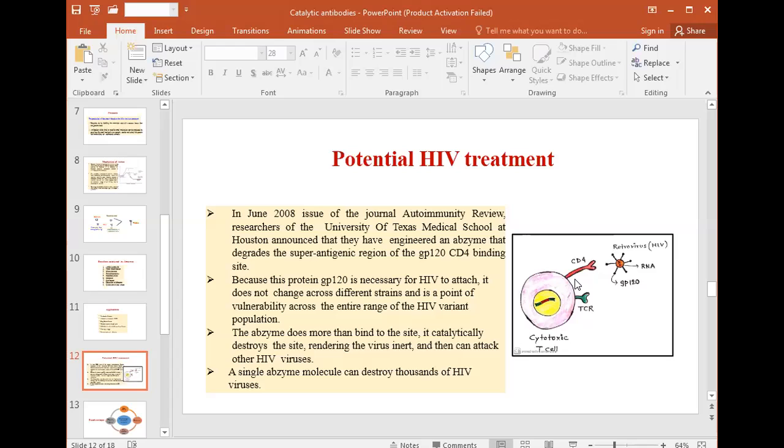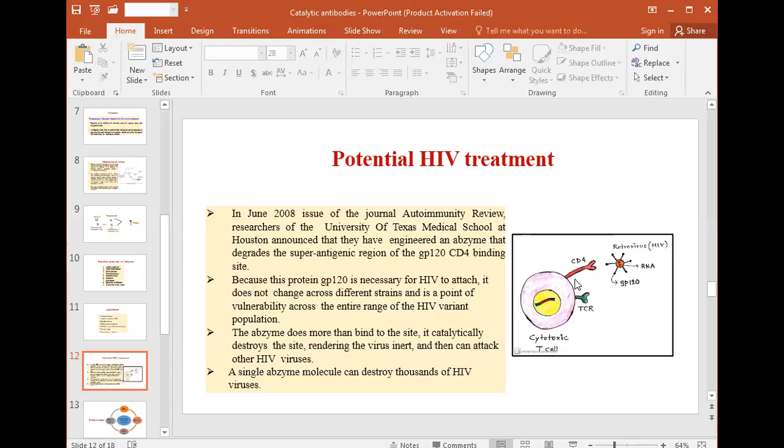So in June 2008, the issue of the journal Autoimmunity Reviews, published by researchers of Oxford and the University of Texas Medical School at Houston, announced that they have engineered an enzyme that can degrade the superantigen region of the gp120 CD4 binding site of HIV. This particular protein, gp120, is necessary for HIV to attach to and bind with the CD4 positive T cell,